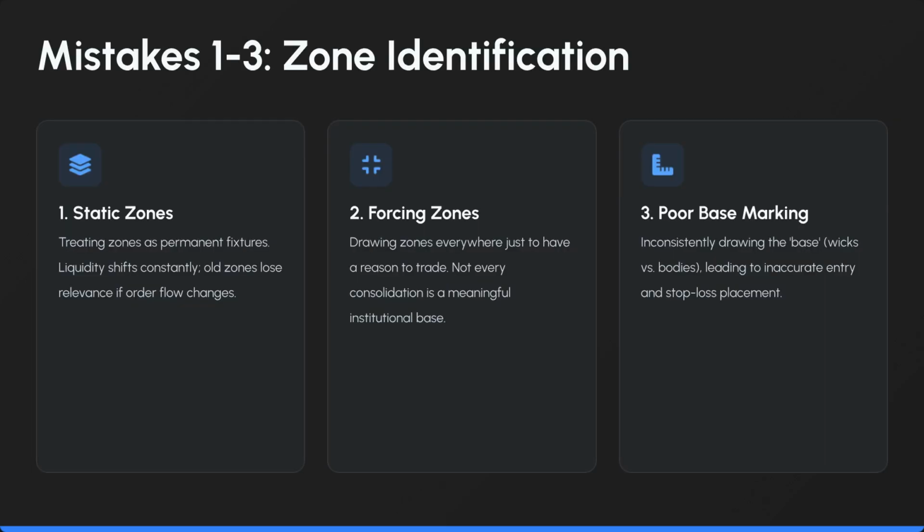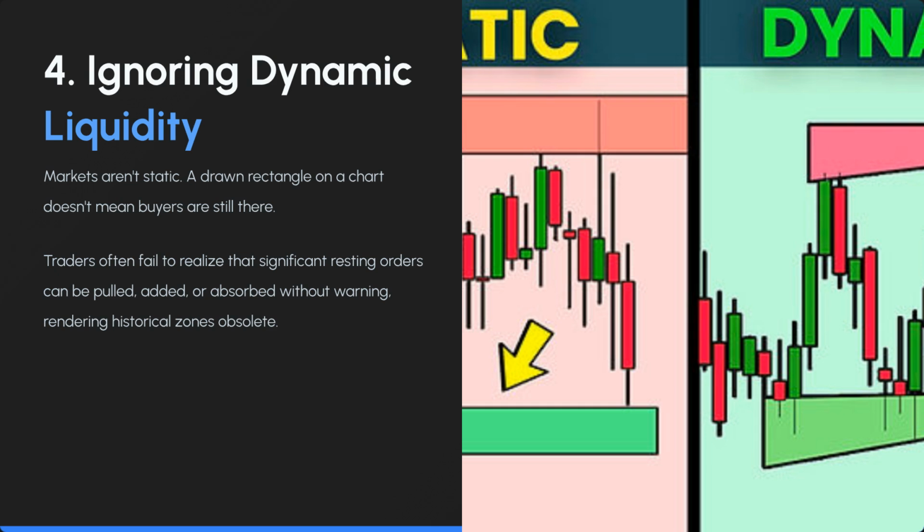Mistakes 1 through 3 involve zone identification, creating static zones, forcing zones where they don't exist, and poor base marking. These errors can lead to inaccurate entries and improper stop-loss placement. Mistake number 4 is ignoring dynamic liquidity. Market conditions change constantly, and simply drawing a rectangle on your chart doesn't guarantee that buyers or sellers are still